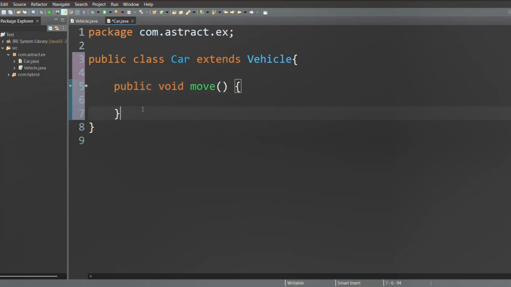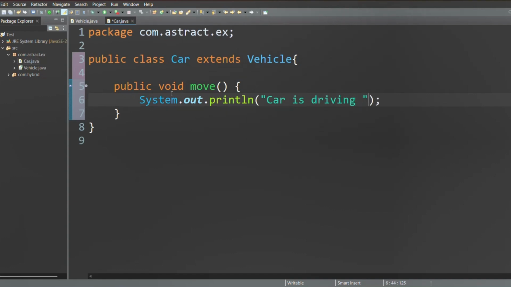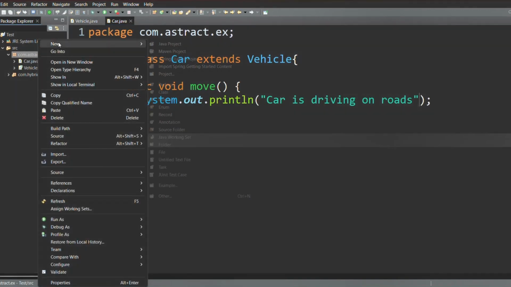So we implemented the abstract method, the error that we had is gone. Here we will simply print "car is driving on road." Simply printed the statement. If we create another concrete class, so let's say we will click on package, then new,